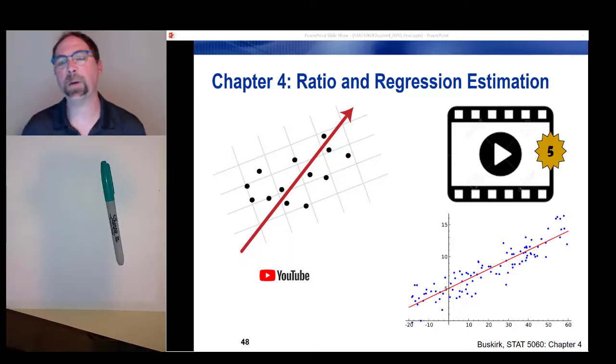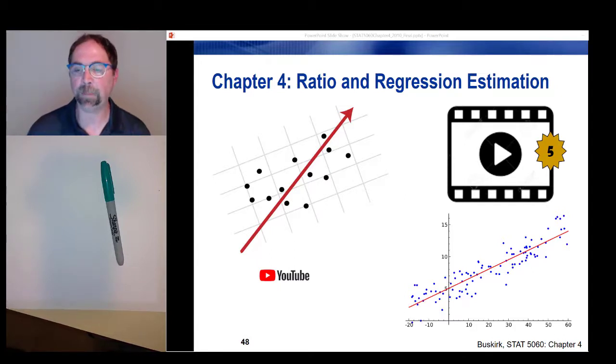Class, welcome to our fifth segment in our online adventure in Chapter 4 with ratio and regression estimation. Last time we hit the theory pretty hard, trying to understand how we might actually use ratio estimation inside of domain estimation. And we recognized that domains are different than strata in the sense that we often don't know the domain membership beforehand. But if we do know the domain membership beforehand, we can make use of that in the ratio estimation